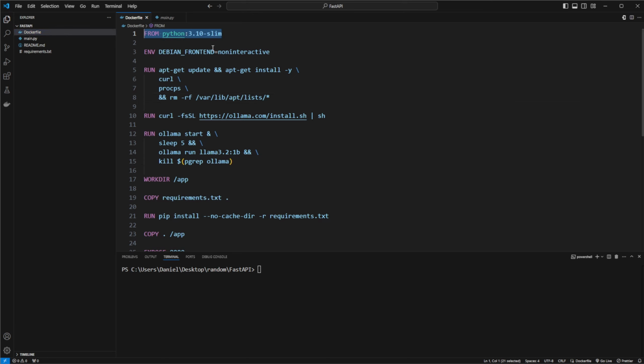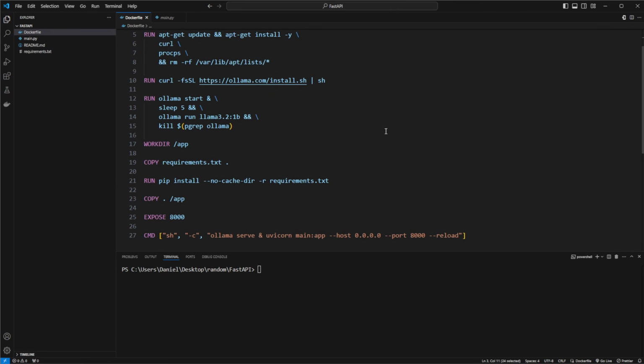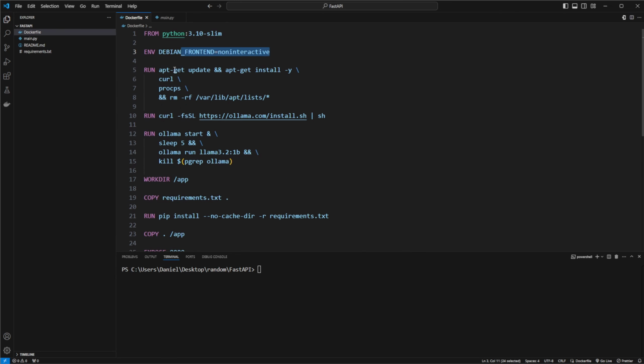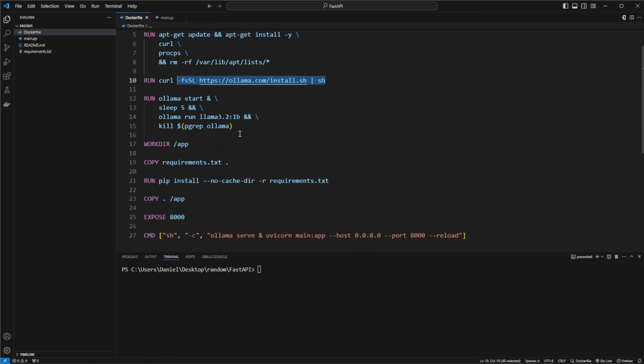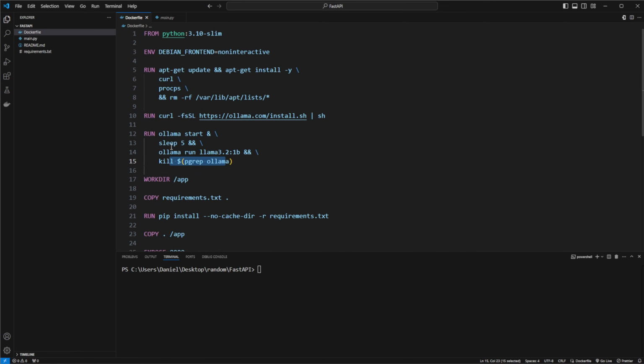But we are running from a base Python image. Could probably also use an Ollama based image, but I thought it would be interesting to see if we can actually set everything up manually. We're forcing non-interactive to ensure that when starting up, it starts without being touched. We then do a simple update and I install curl and some other libraries, allowing me to first of all install Ollama through curl,